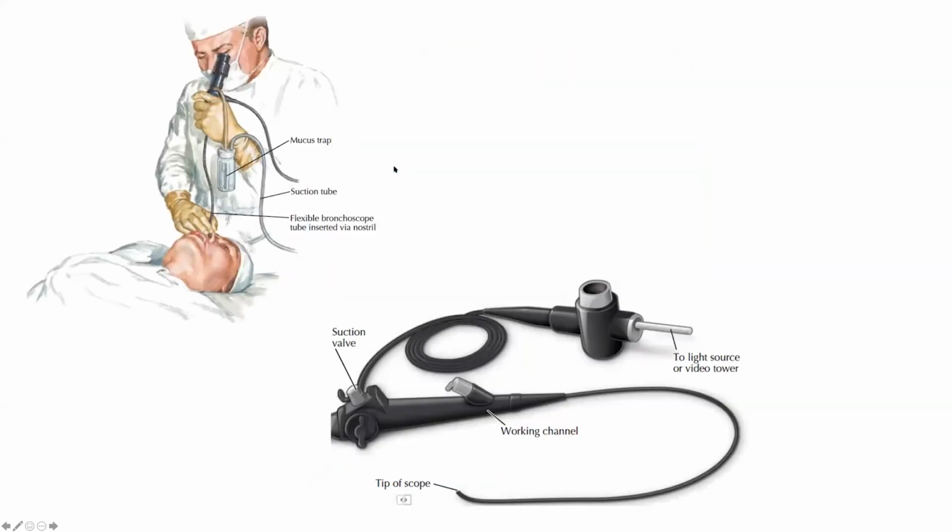Now what we see here, somebody is doing a bronchoscopy. A consultant is doing a bronchoscopy, and this is that instrument. We insert this tip through the nose, it has a camera, and so many things are there, and it's going through the nose to my airway, to all the bronchioles. This goes to the source, to the monitor, and everything is visible even by eye, or you can see it on a big screen.